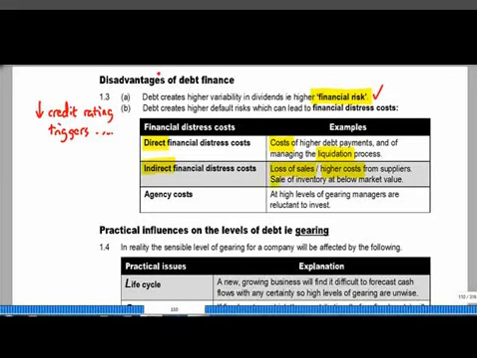Sometimes a business will have to sell stock at distress cost to raise cash to pay the interest. And sometimes your managers will start to change their behaviour. As you take on more debt finance, they start to get concerned about capital expenditure and become much more risk averse. So a business might stop investing if it takes on too much debt. Now this term, financial distress costs, as we'll see later, is a very important one, and you need to be able to go into the exam being able to give 2 or 3 relevant examples of how financial distress costs might affect a company.